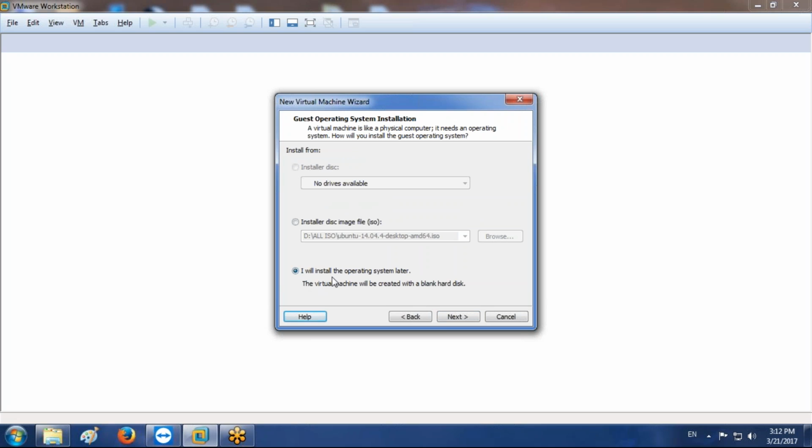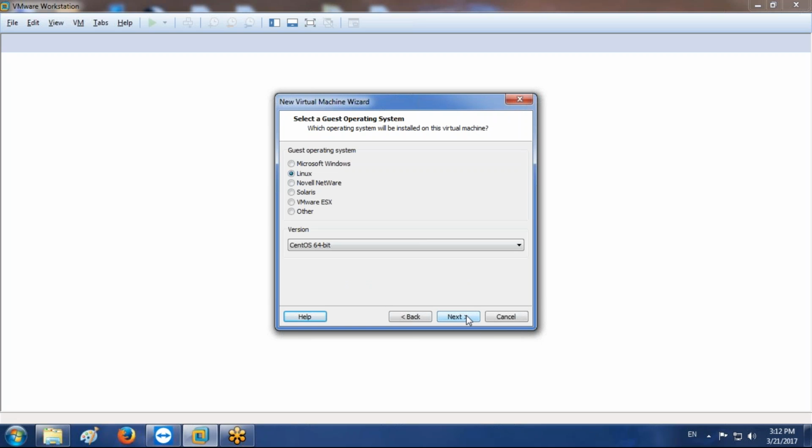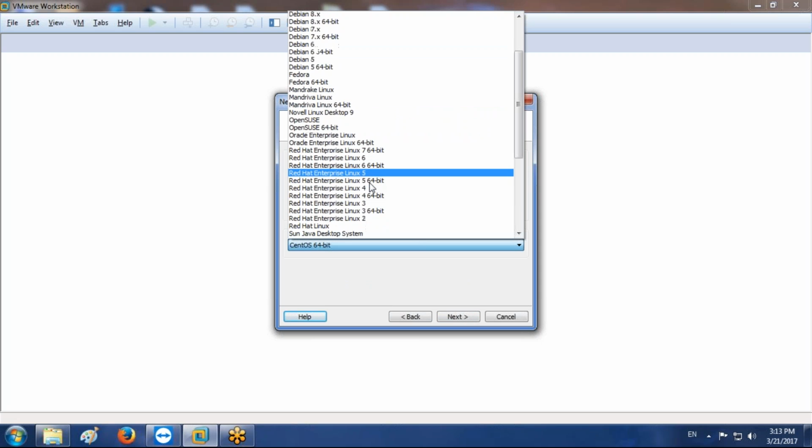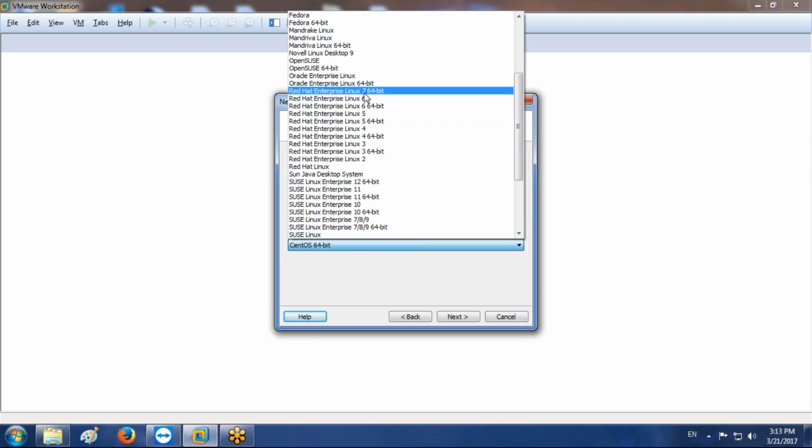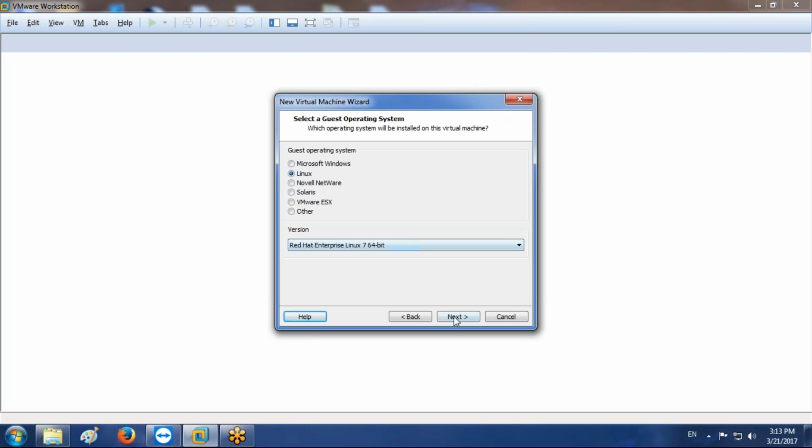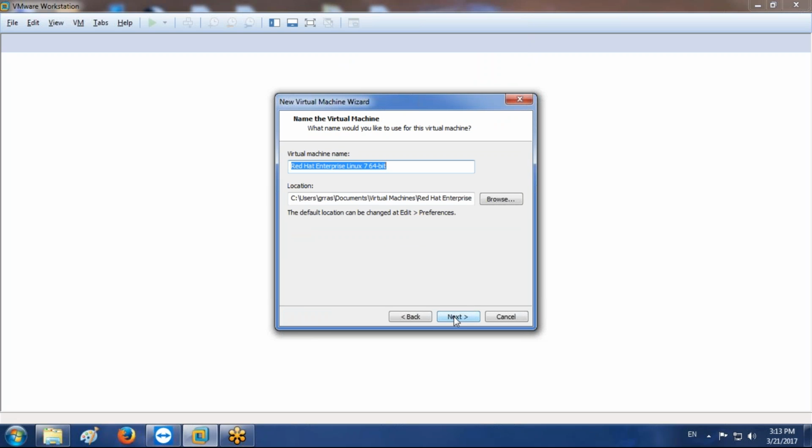Here you have to choose this option, I will install the operating system later. Okay, and after that you have to specify the operating system. Here I'm going to install Linux, that is why I chose this, and here you have to specify your operating system's name. Okay, and then next, here you can specify your virtual machine's name. So here I am giving test